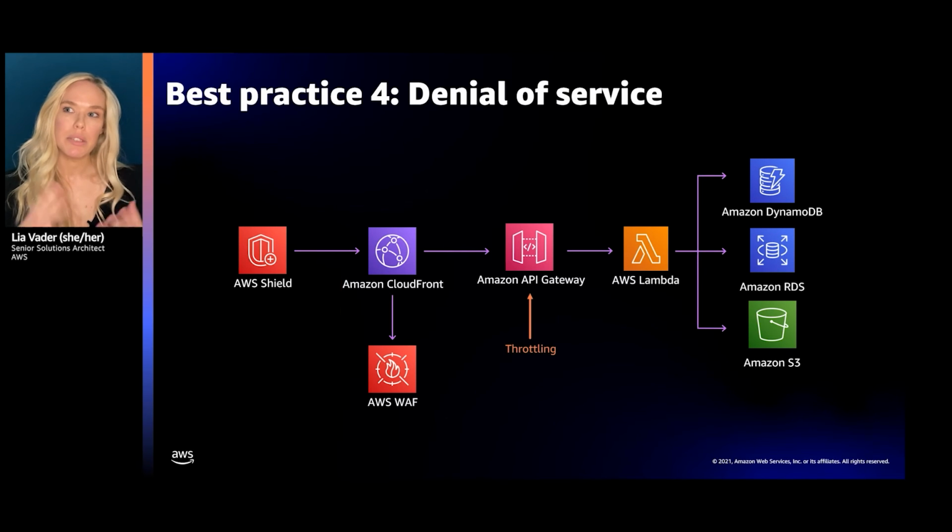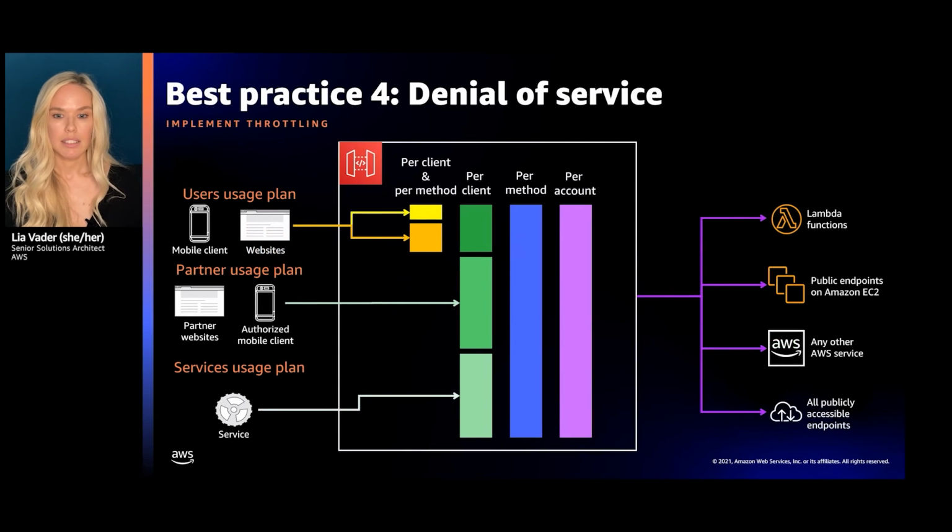Our next step is we need to configure throttling in API Gateway. So you want to configure throttling in API Gateway just to prevent your backend from being overwhelmed. So this could be a Lambda function or any other service. And API Gateway throttles using the same token bucket algorithm that you're used to. This is how we do throttling on our own APIs. So let's talk about how we can throttle in our account in our APIs.